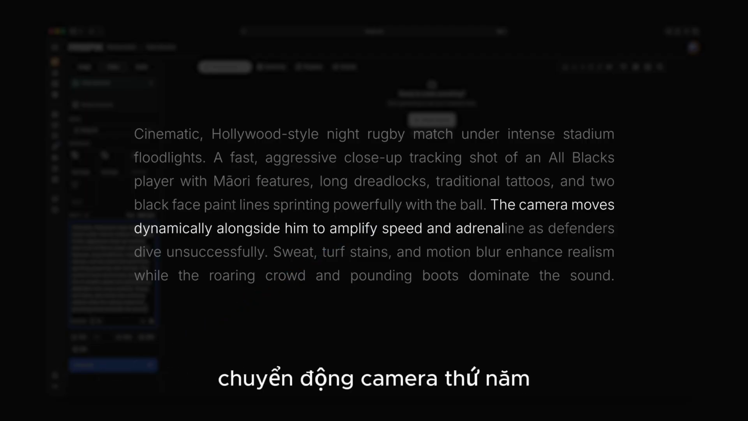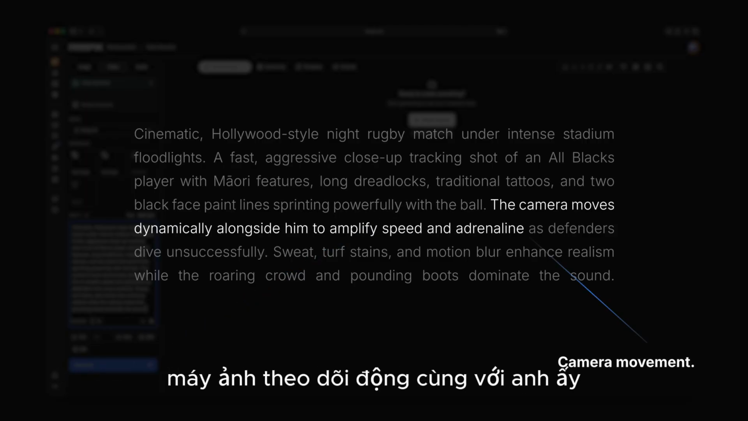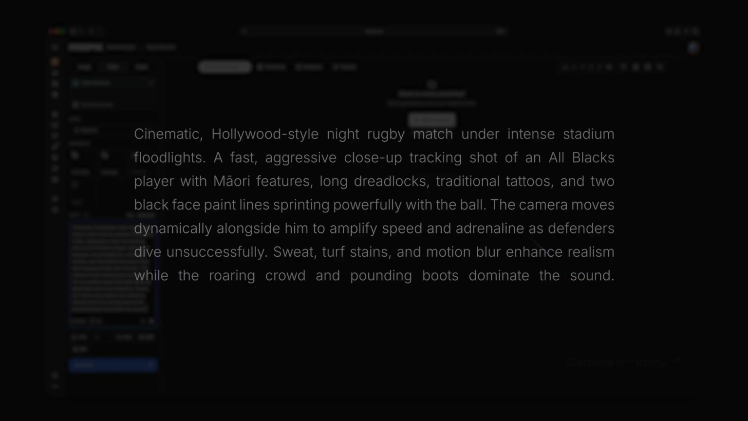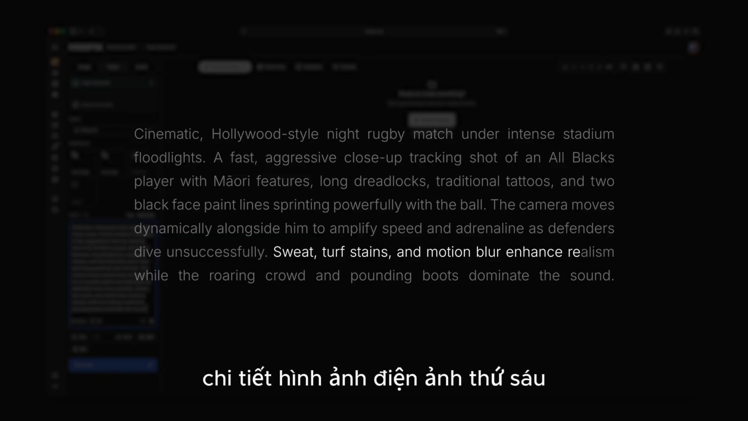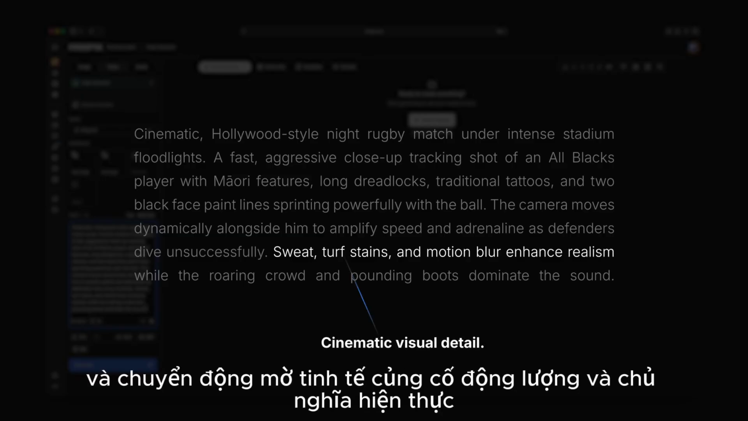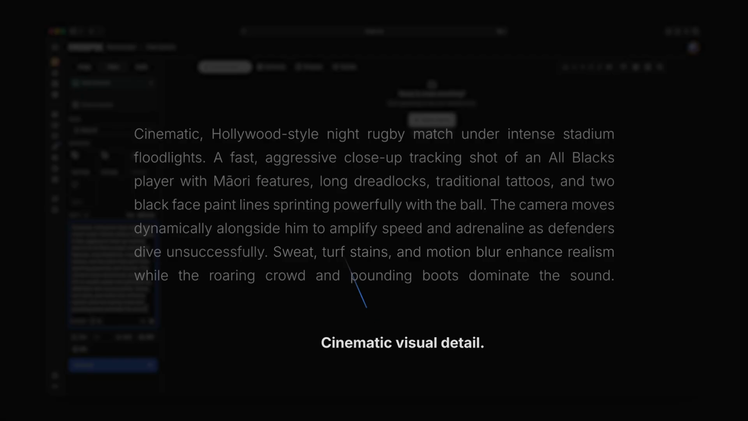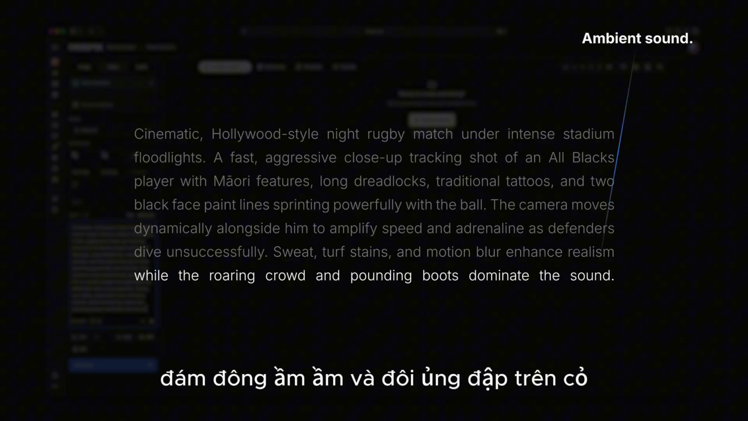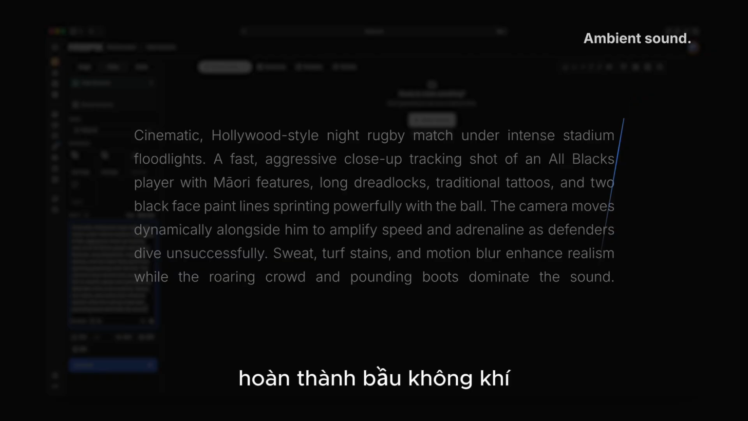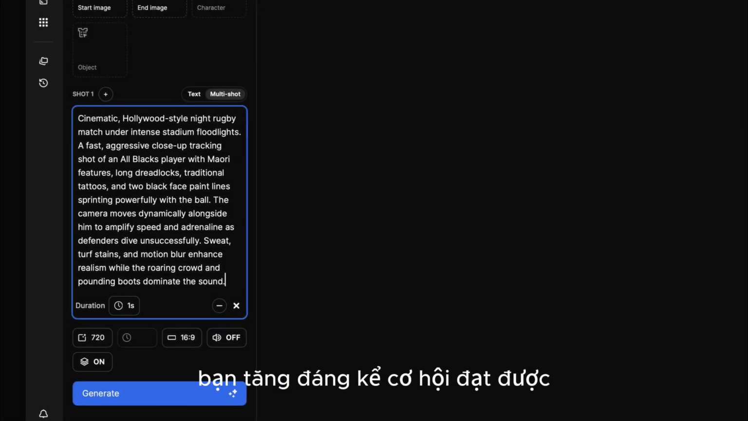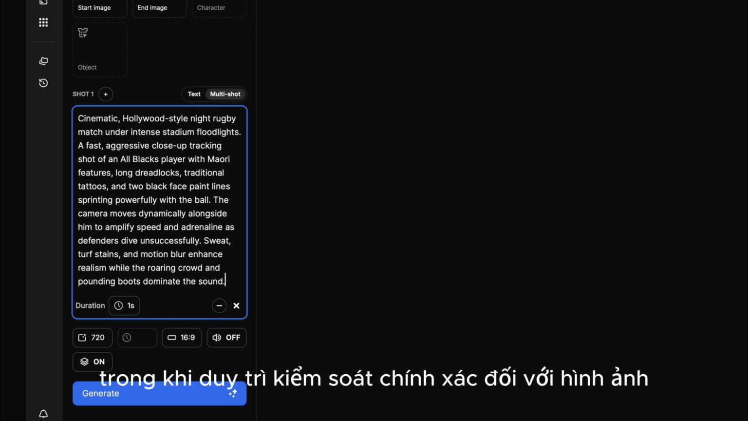Fifth, camera movement. The camera tracks dynamically alongside him, amplifying velocity and adrenaline. Sixth, cinematic visual detail. Sweat, turf stains, and subtle motion blur reinforce momentum and realism. And finally, ambient sound. The roaring crowd and pounding boots on grass complete the atmosphere. By following this structure, you significantly increase your chances of achieving strong results while maintaining precise control over visual and